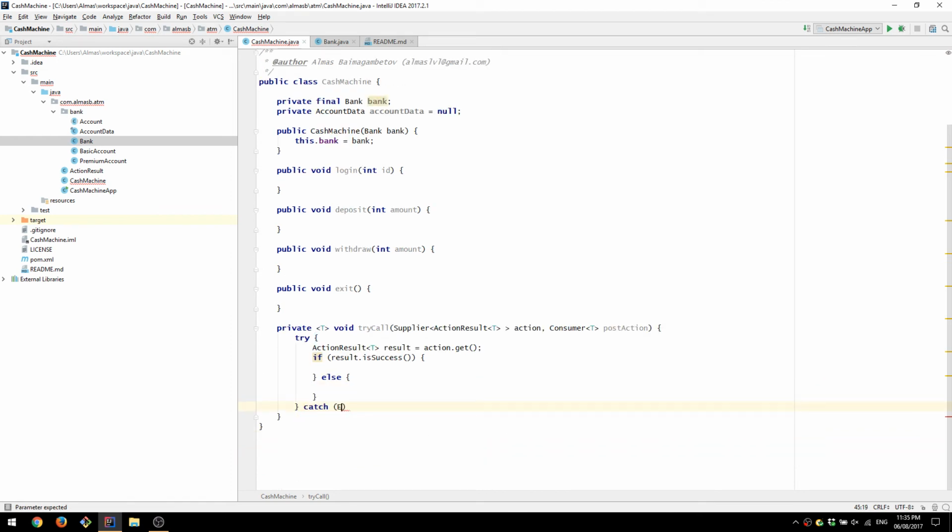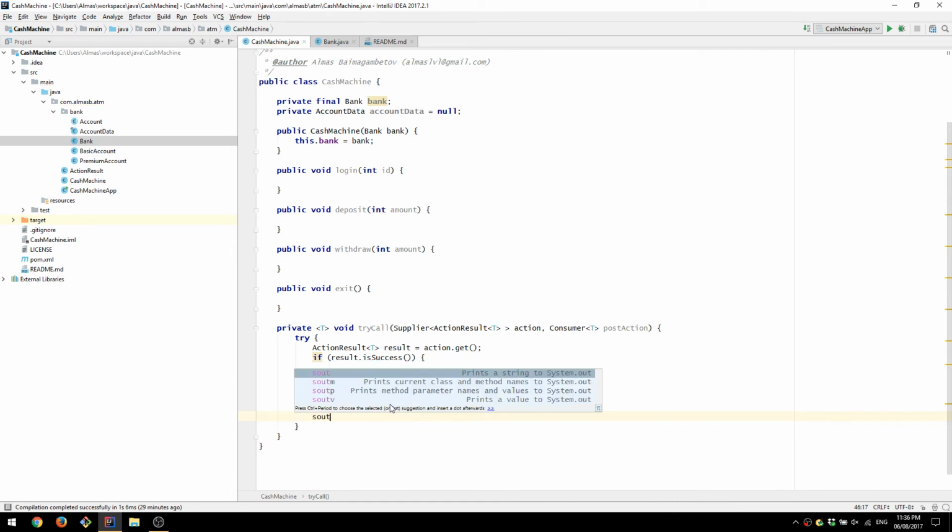We catch any exceptions that have occurred. We do something with them, something more meaningful. You could write a handler which will then delegate to some kind of UI object, which would then display something on the screen saying this is the error. But for now, we're just going to print it to the command line. Error